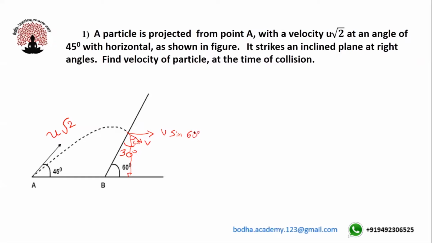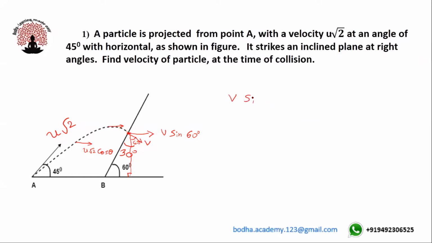Okay. Now we know that in a projectile, the horizontal component of velocity remains the same throughout the motion. So the horizontal component of velocity everywhere will be u cos theta only. So here u is given as u root 2, so u root 2 cos theta. So this velocity will be the same throughout the motion. Wherever you consider the point, the horizontal component of velocity will be constant throughout the motion in projectiles. Therefore, at this point, I can assume that